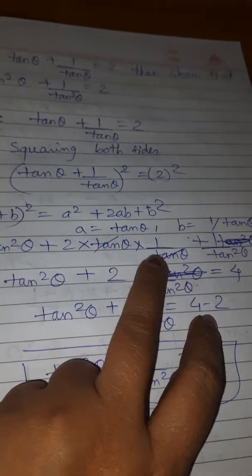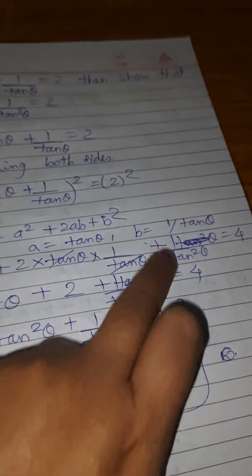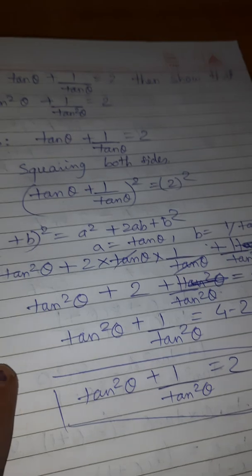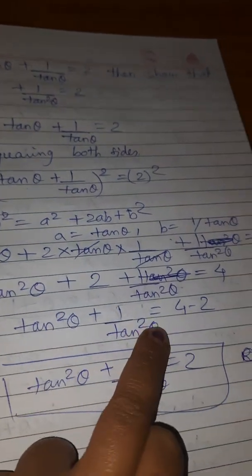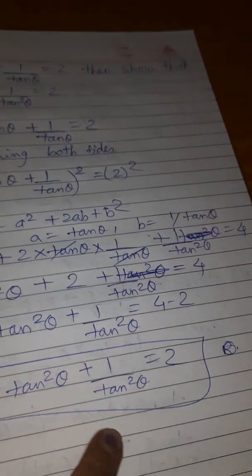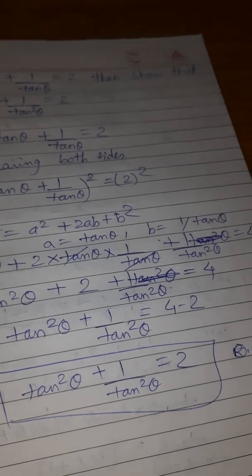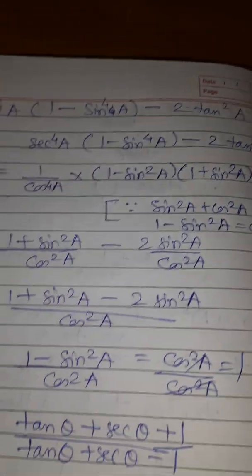And tan theta and 1 upon tan theta cancel, and 1 upon tan square theta remains. So here we get tan square theta plus 1 upon tan square theta equals 4 minus 2, that is 2. So tan square theta plus 1 upon tan square theta is equal to 2. Now in the 11th question,